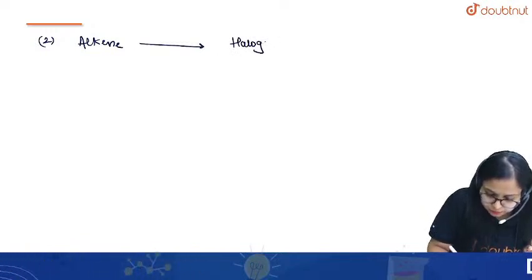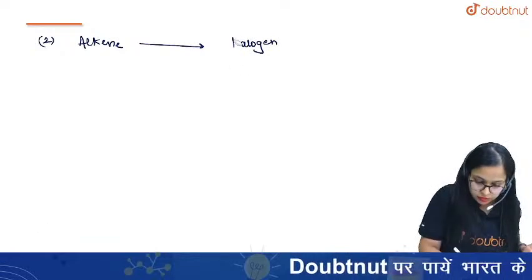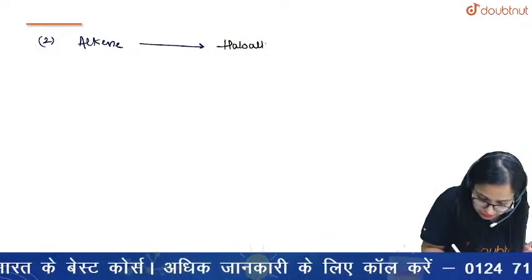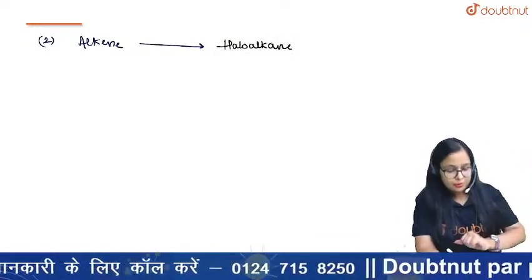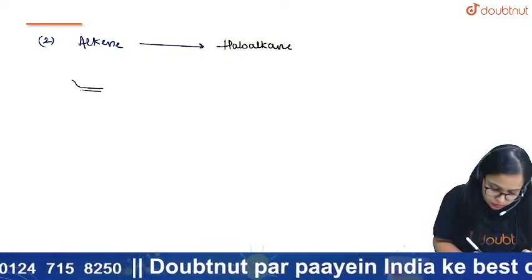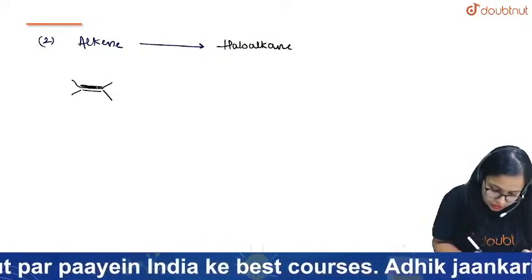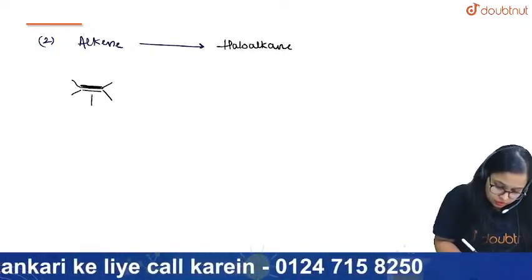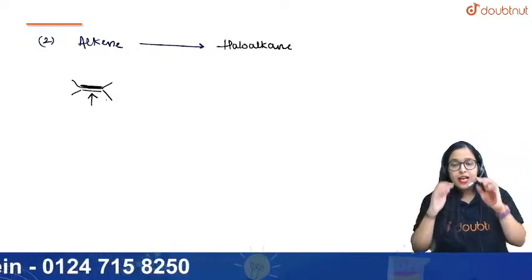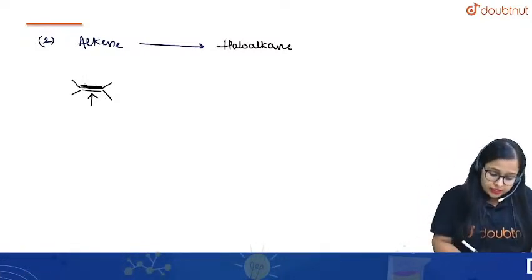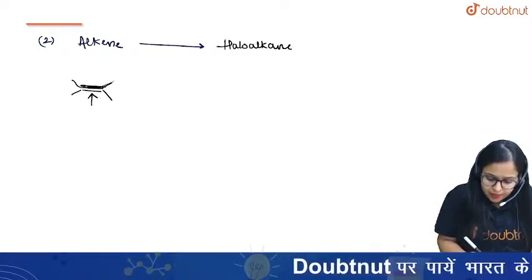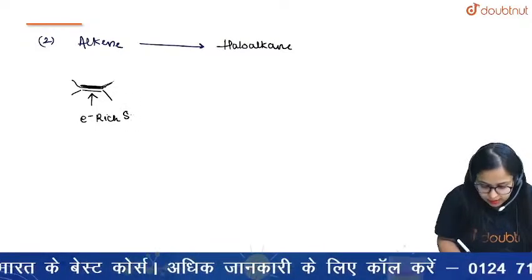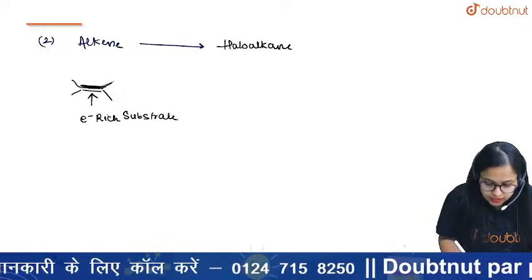As we know, alkenes are electron rich substrates. I explained to you yesterday, that is on Wednesday, that alkenes have loose pi bonds. A pi bond has loosely held electrons. So whenever a substrate has a pi bond, we can surely say that it is an electron rich substrate. An electron rich substrate will attract an electron deficient